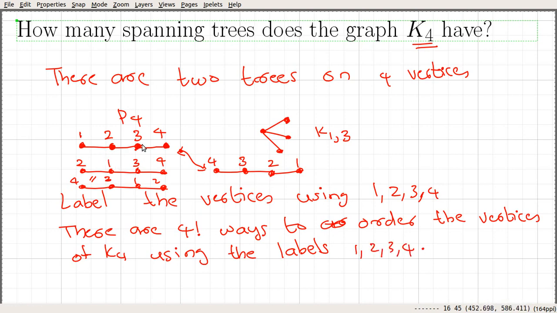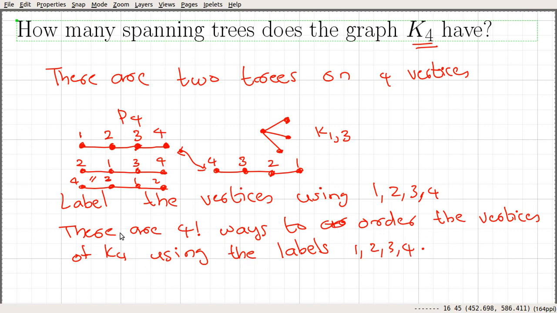So one such labeling will be 1 2 3 4, and another labeling is 2 1 3 4, and another labeling could be 4 3 2 1. But the thing is that these two paths are the same. Similarly, these two paths are the same, so there is an overcounting by a factor of 2. So there are 4 factorial ways to order the vertices of K4 using the labels.